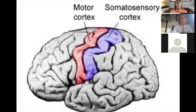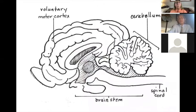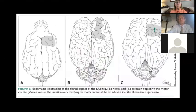So if I were to cut off all that gray area up there up front and take off the frontal lobe, I would actually have a horse brain. The brain in the middle here is the horse brain, and there's a little gray patch that in us would be frontal lobe, and in them it's actually motor cortex. So they're not designed to do a lot of thinking, and it's a perfect design, because if they're out